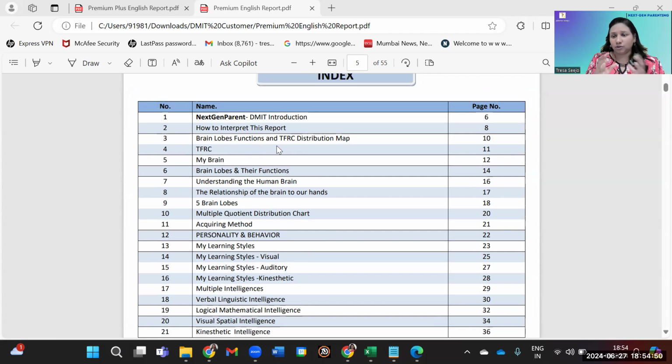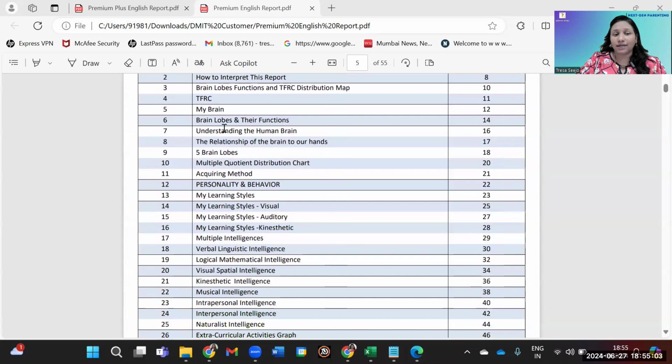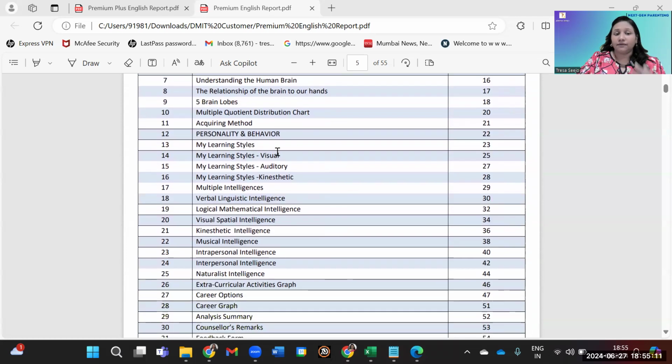What's the TFRC distribution for your child or yourself if you're doing it? TFRC is the total finger ridge count which you have, and those ridges will tell you exactly how much potential you have and how many neurons there are in your brain. Then we would also understand the brain lobes and their function. We would understand the relationship of your brain to your hands. How does it map out? There are 5 brain lobes, and each of them has some functionality that is given in quick detail